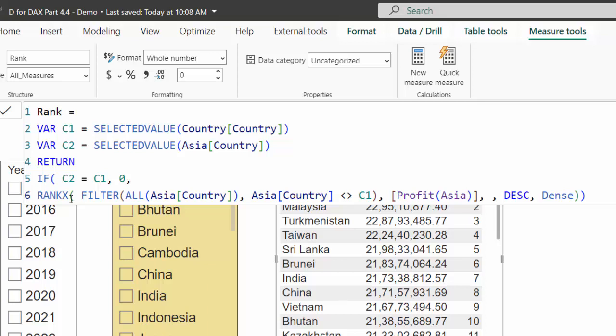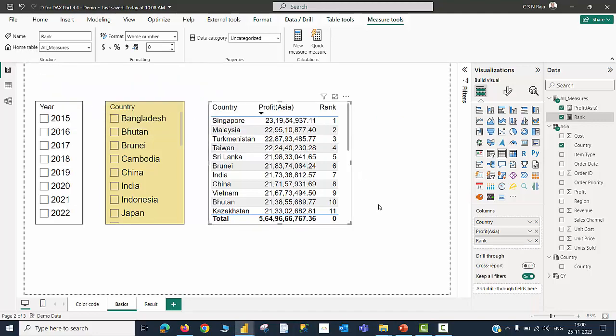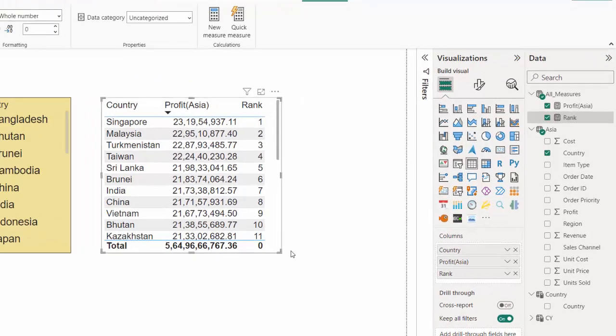You can also see that I have applied the filter logic to exclude the country that is being selected by the user, that is C1, from being given a rank, because this country called C1 is already given a rank of 0. So this is the logic behind this rank function that I am using, which I call conditional ranking. And when I accept this, and then when I pull the rank value inside the table, you can see that